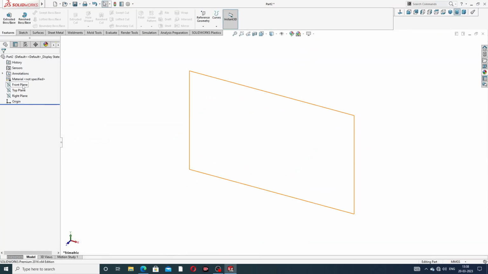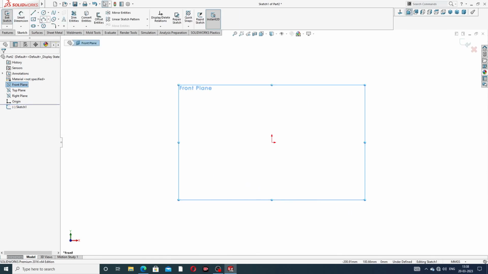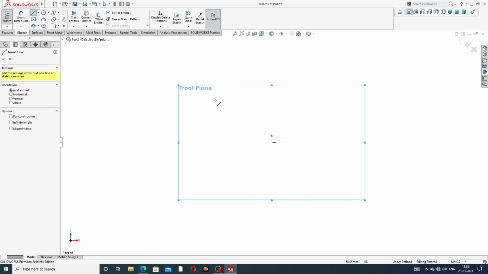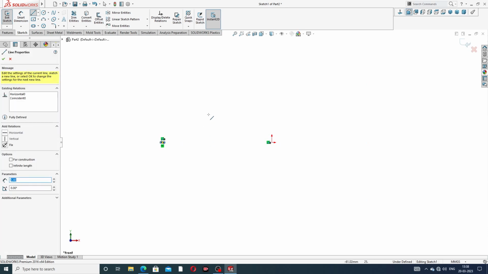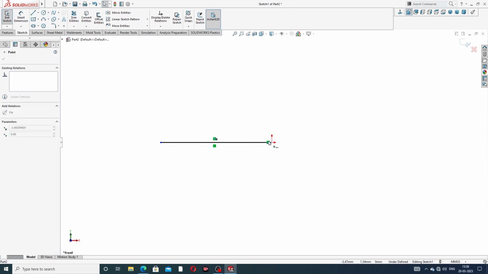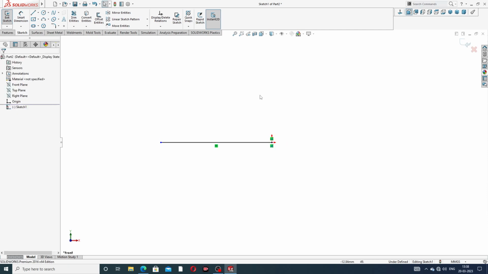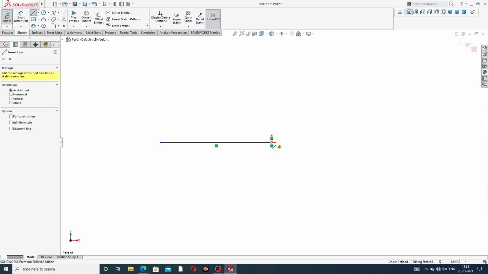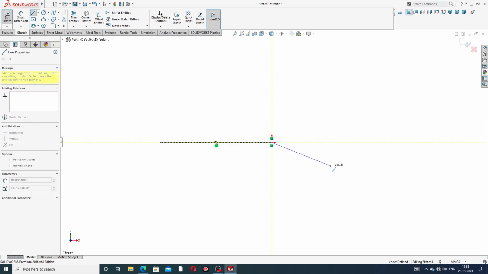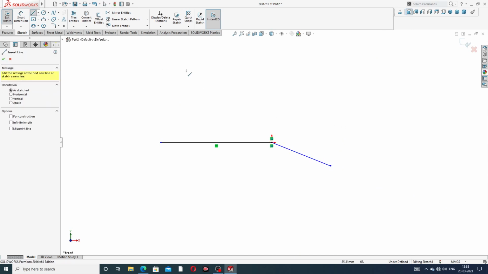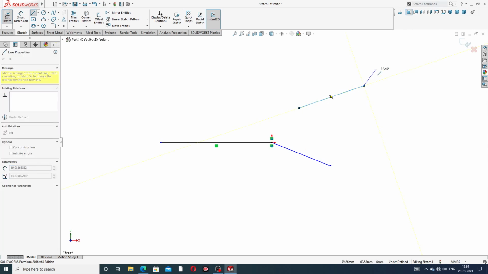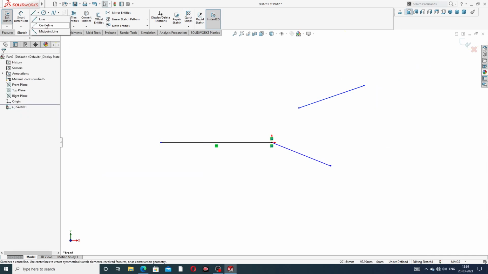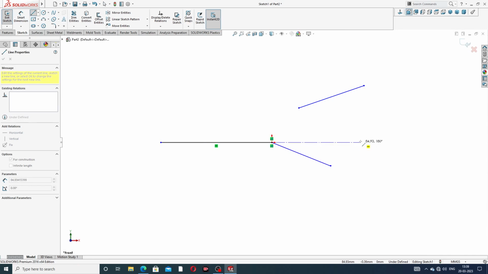Okay, at first select a plane, front plane, and a line is drawn here. And this line connects to this. And a line connects to this line, and also a line is drawn here. Okay, and a center line is drawn here. This is the center line,